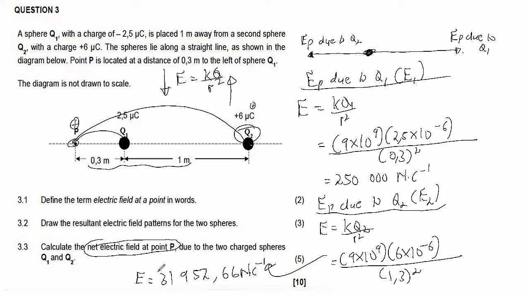Now you see that it confirms the fact that because the distance in between these ones is greater, it will end up with a smaller electric field. But here the distance in between them was smaller, that's why it had a bigger electric field. Right. Okay, so now to calculate our E net,